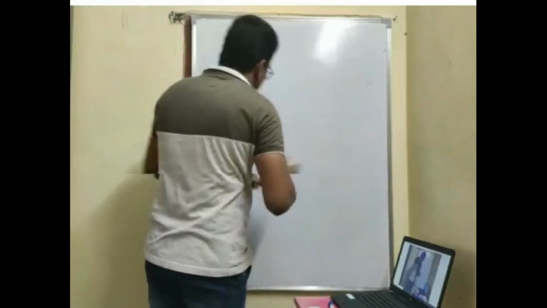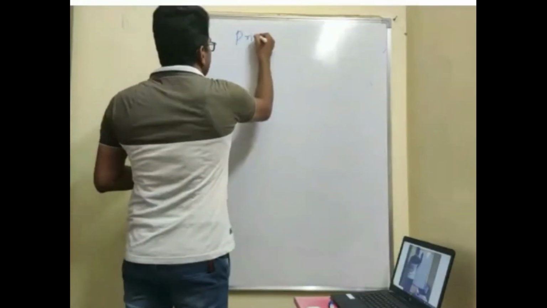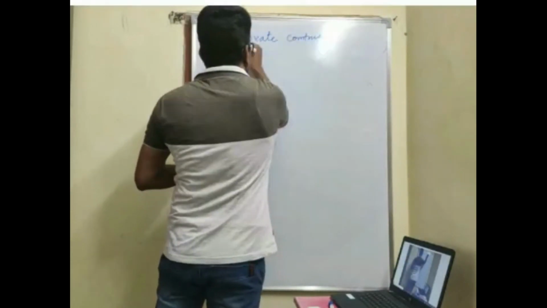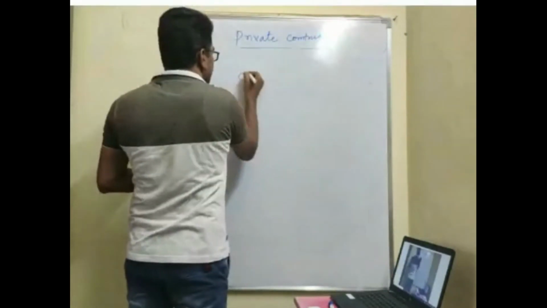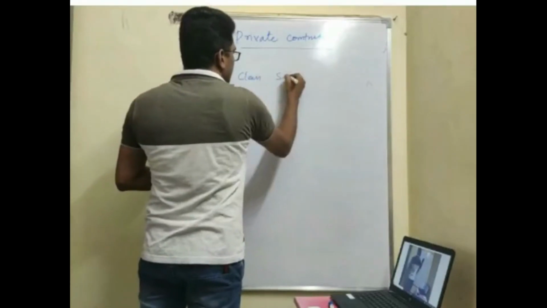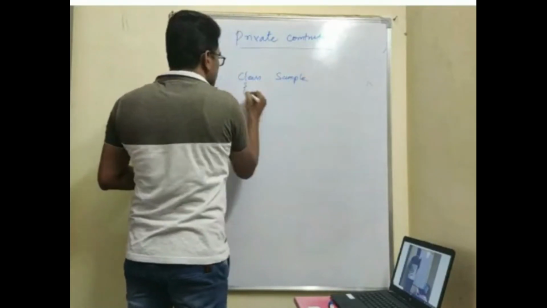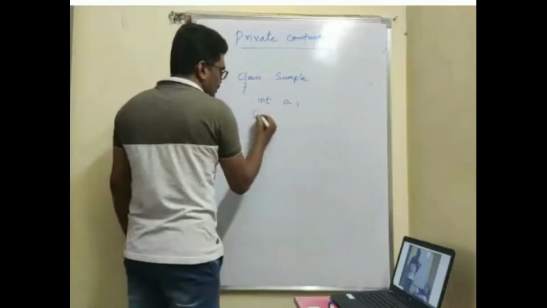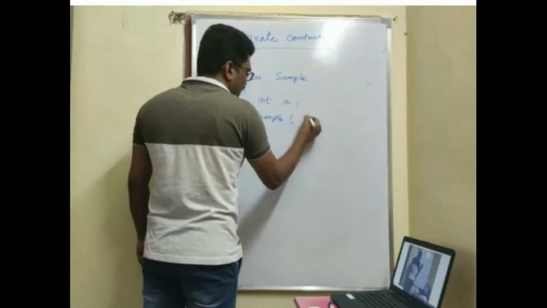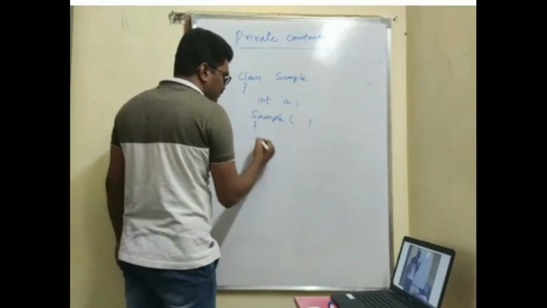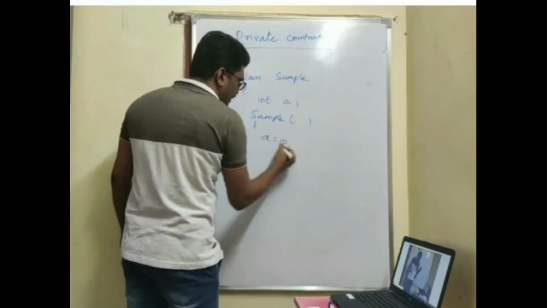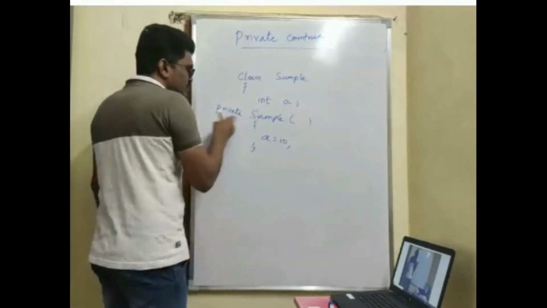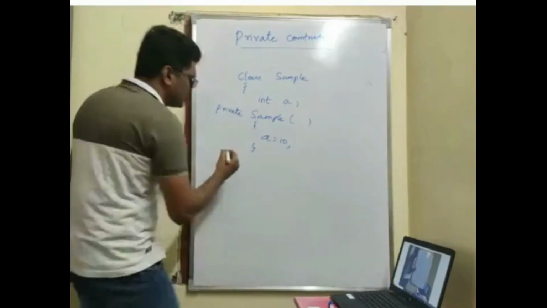Okay. So now, how do you define a constructor as a private constructor? In the same example I'll take, directly I'll go with an example. The same sample class. I'll take the default constructor itself; you can take any type of constructor. I'm giving a value 10. I will make it private by prefixing it with the keyword private. Now I'll write the method.